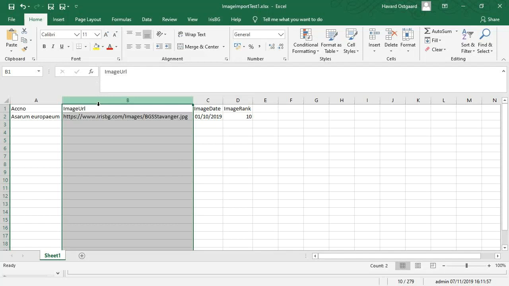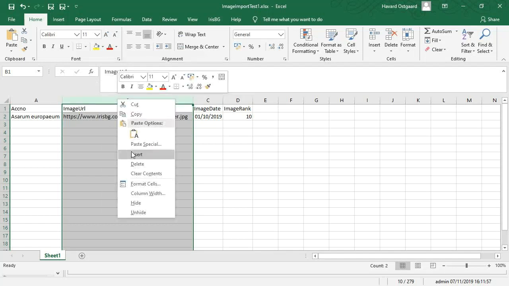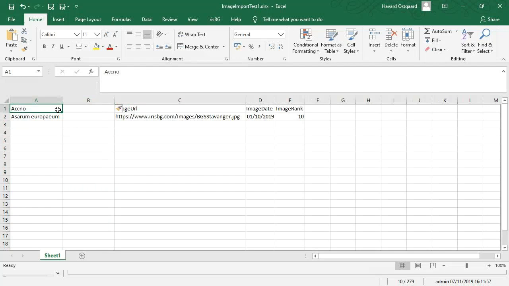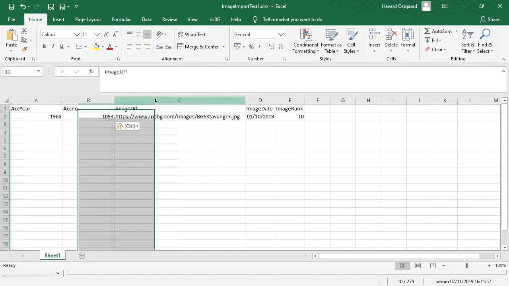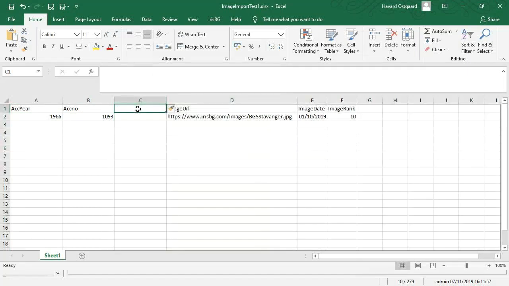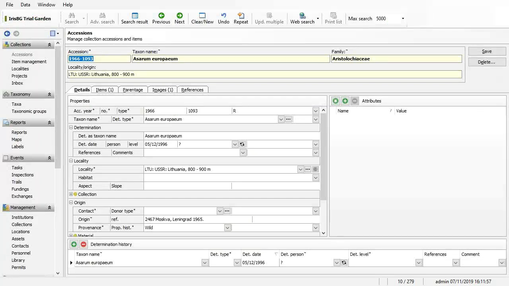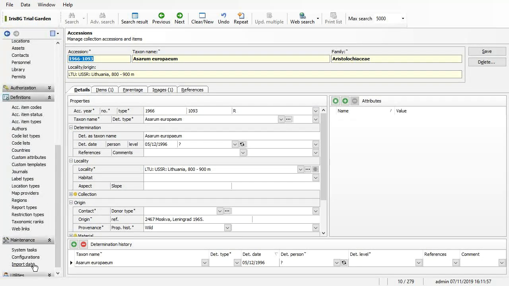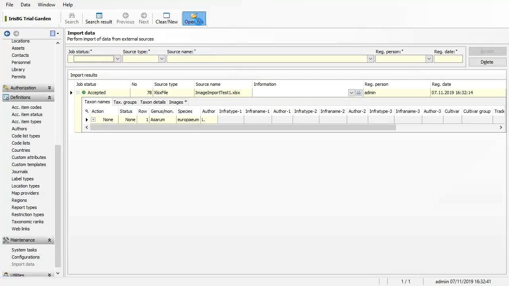It's a bit tricky to do these things on the fly sometimes. Thank you for seeing that. Maybe I'm celebrating too soon, but we'll see. So there we go. And if I go back now and go back to the import, open the file,